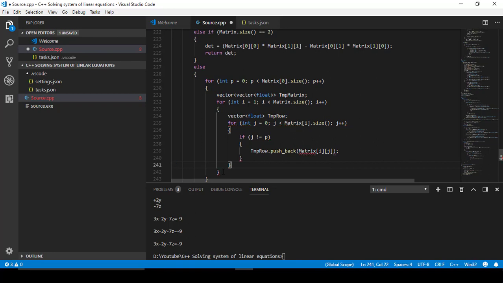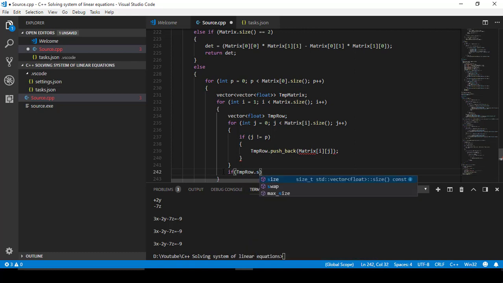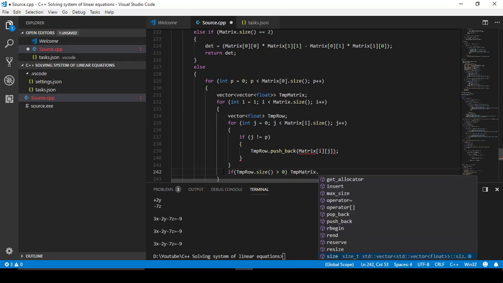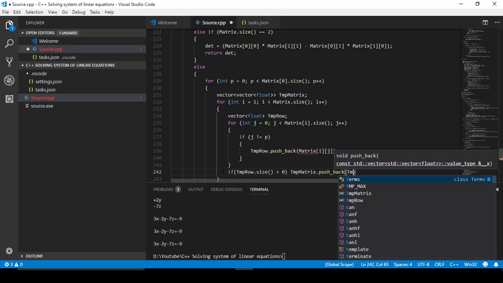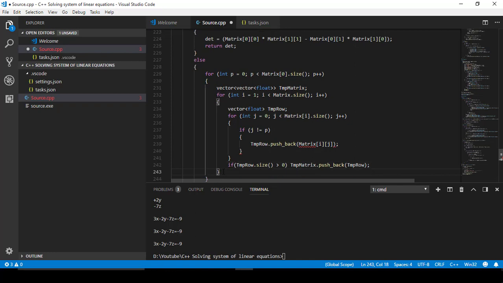And here, after we finish the row, if temporary row dot size is greater than 0, sorry, then temp matrix dot push back temporary row. Then after we iterate and formed our new matrix,